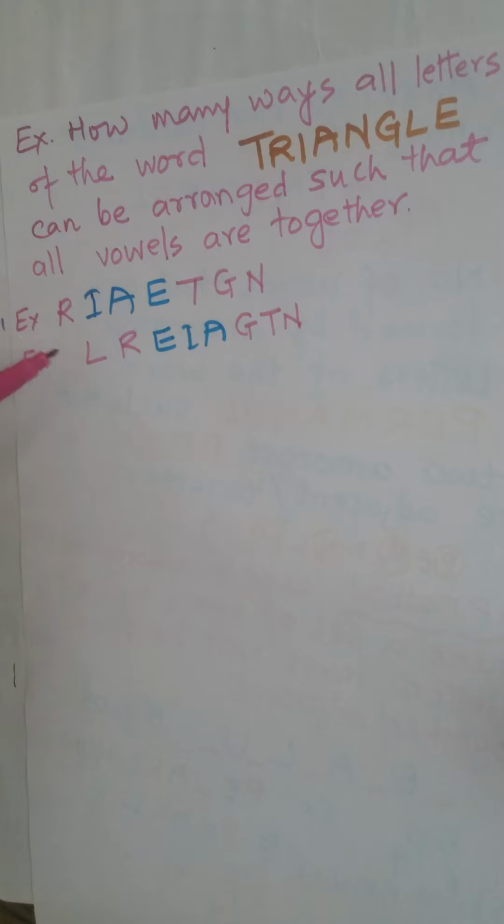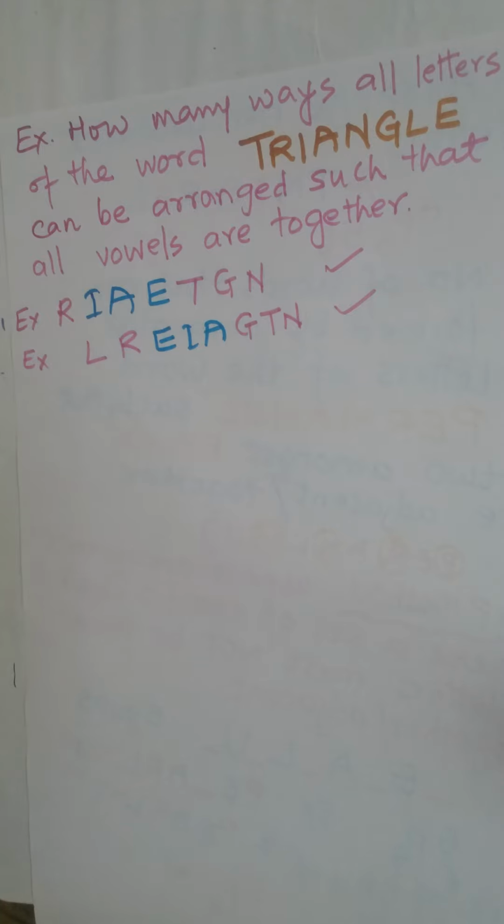So can we say that these type of arrangement is what the question is asking for? Yes or no? So yes, that's the meaning of the question, that in any arrangement I, A and E must be together. They can themselves be arranged among themselves. Yes, as you can see, I, A, E, E, I, A, and there are other arrangements possible as long as I, A and E, whatever the order is, they must be together in all the possible arrangements. This is what the question is asking for.